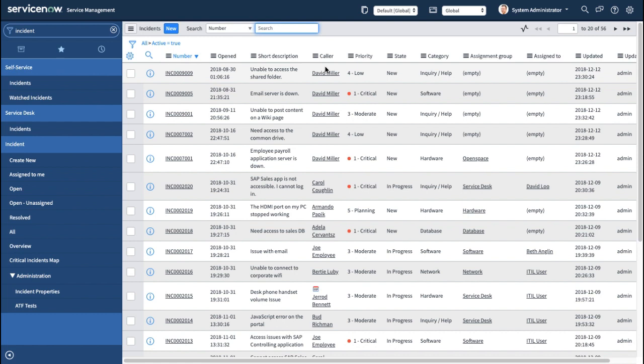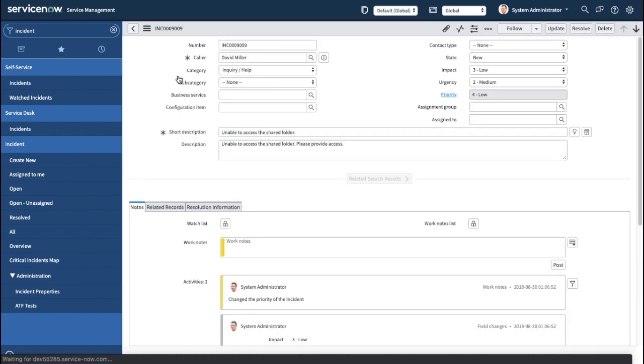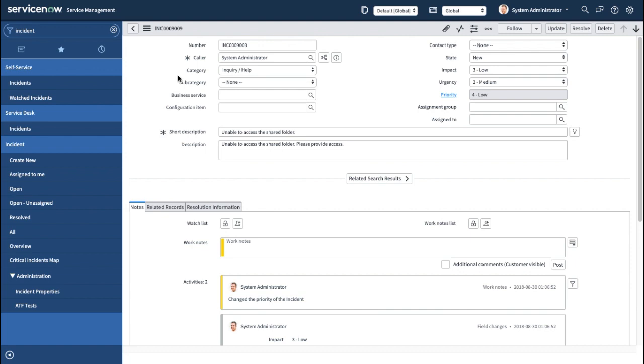These are all existing incidents. You can see currently David Miller is the caller for this incident. So it means that David Miller must have called for creation of the incident. Now, if I'm clicking and opening this incident, you can see it changed the name. That means that is a kind of a bug,